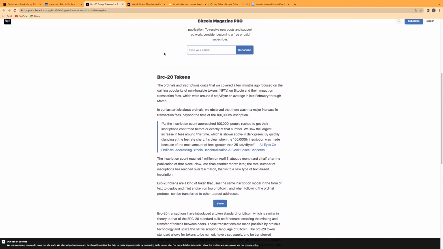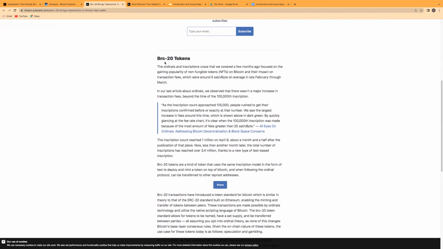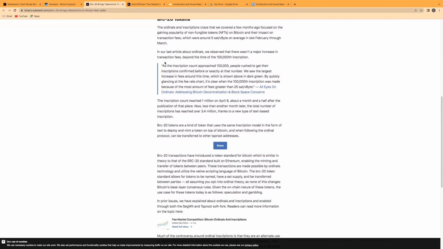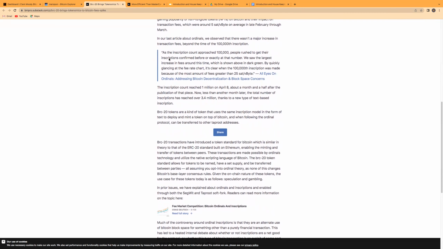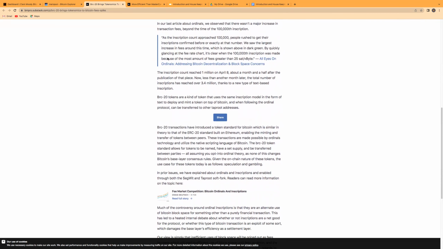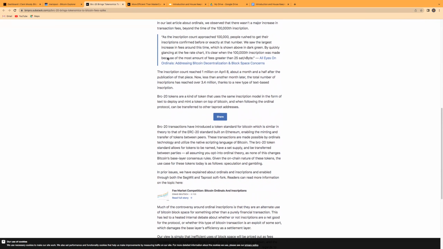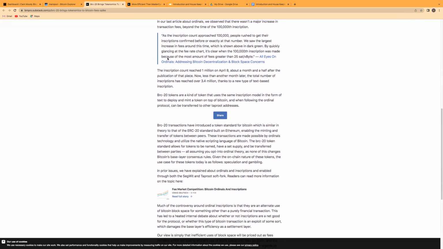So it says that the ordinals inscriptions craze that we covered a few months ago focused on the gaining popularity of non-fungible tokens on Bitcoin and the impact on transaction fees, which were around 5 sats per vbyte on average in late February through March. In our last article about ordinals, we observed that there wasn't a major increase in transaction fees beyond the time of the 100,000 inscription. And then it says the inscription count reached 1 million on April 8th, about a month and a half after the publication of that piece. Now, less than another month later, the total number of inscriptions have reached over 3.4 million,